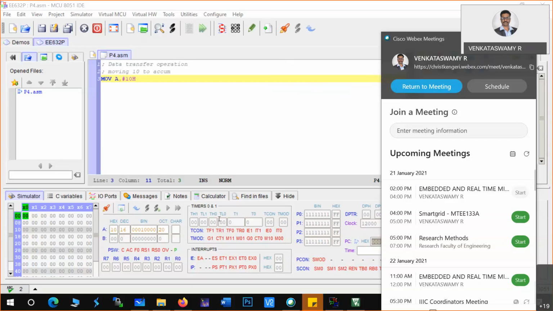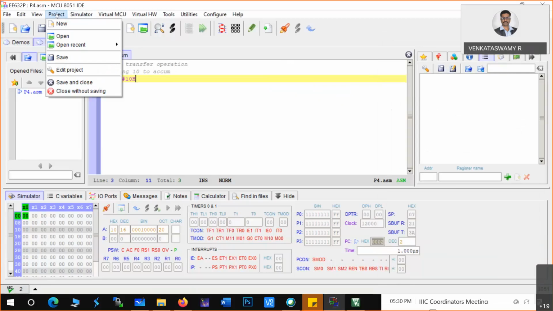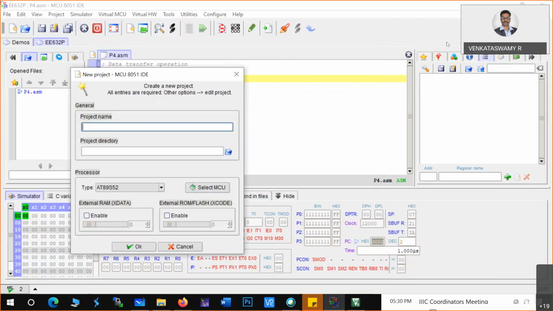Muhammad Yusuf is asking how to access external RAM and ROM, and how to enable it. When you're creating a project, you give a project name, select a directory and select a microprocessor.